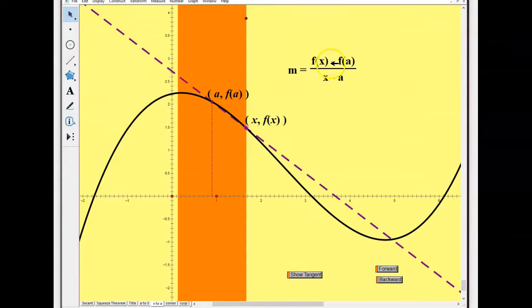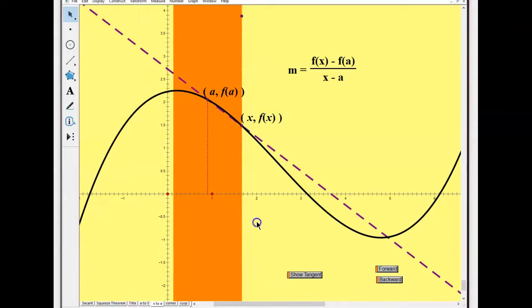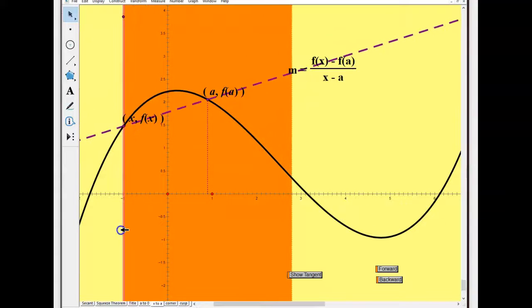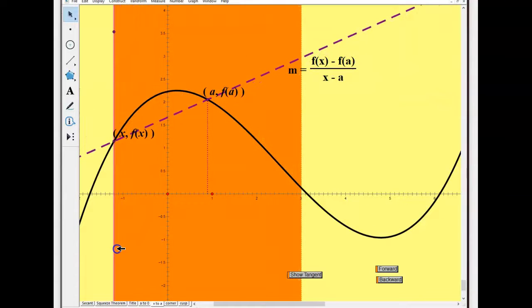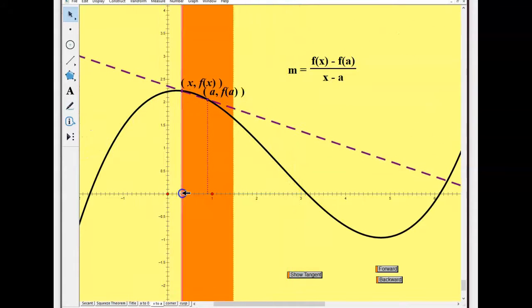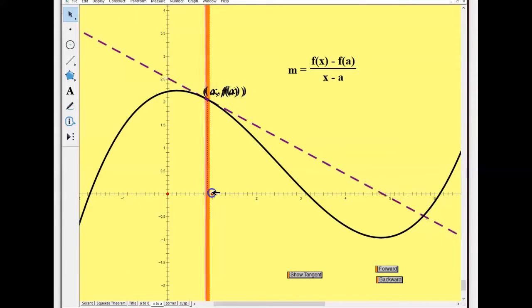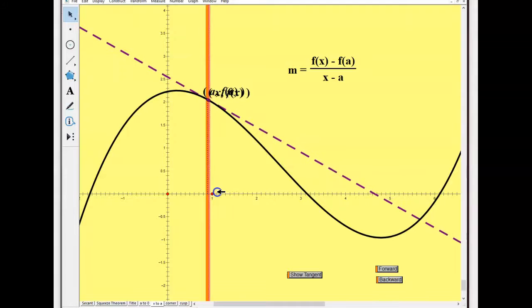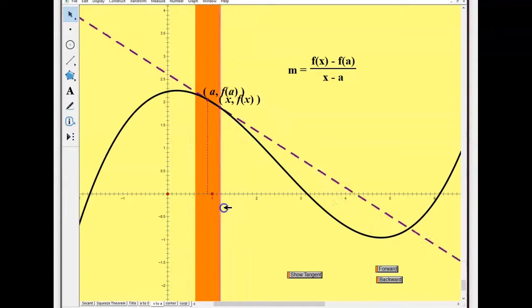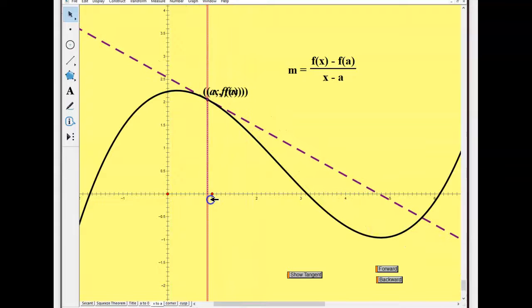There's a second form that we also use. We could look at 2 points where we're looking at x and f of x, a and f of a. So we want the slope between those 2 points. As we get closer and closer, that's as x approaches a, we get to where we have the tangent line. So the secant line is between 2 points. The tangent line would be the slope just where it touches, just right there where it touches